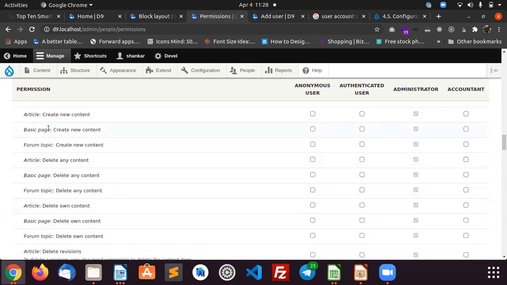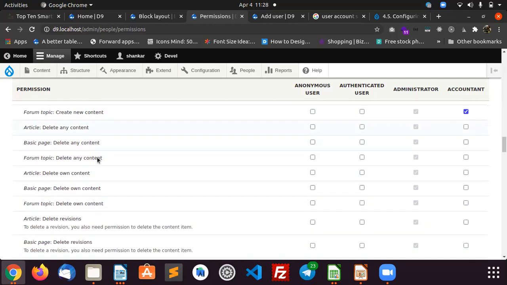Once it is available, we will have another row, create invoice new content, which means we have to enable it like this. If they want to delete any content, you can configure that too. These kinds of permissions we need to enable through this interface.